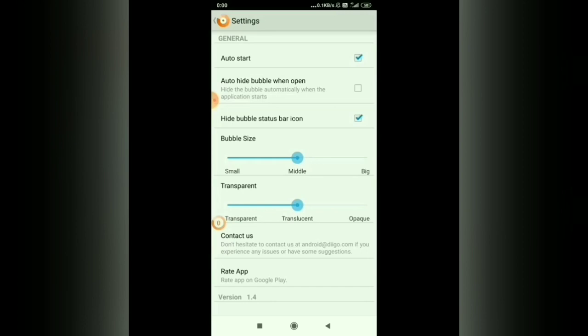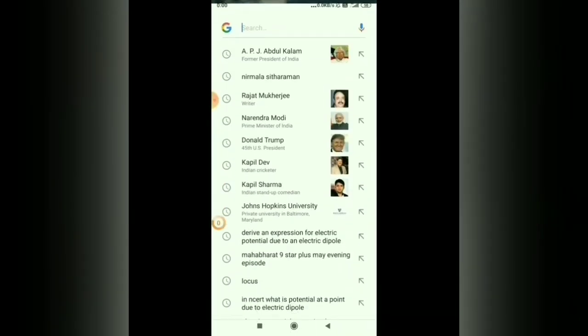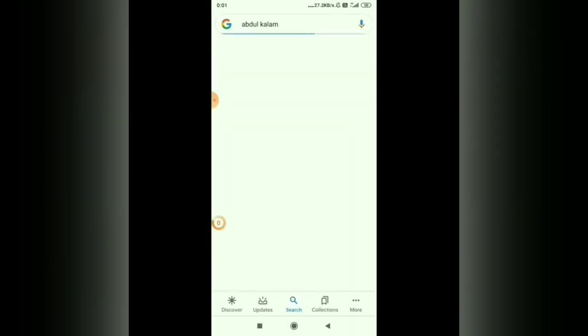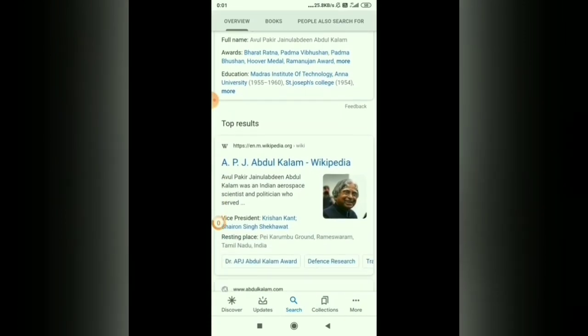So let's see how to use this app. Go to Google search. You can search anything which you want to copy. Let's click on this. We will go to Wikipedia.